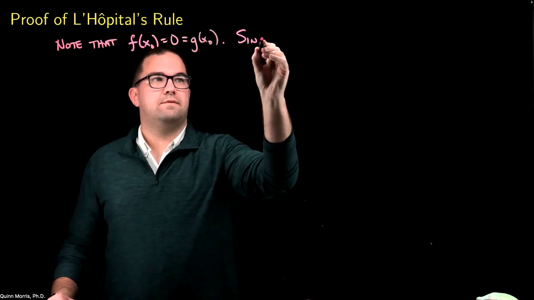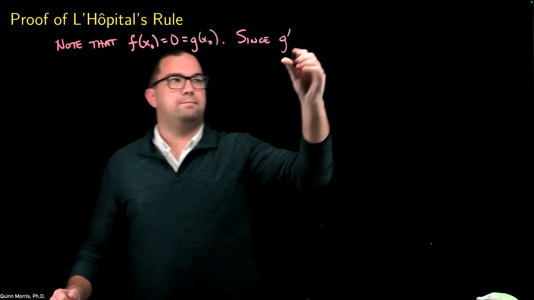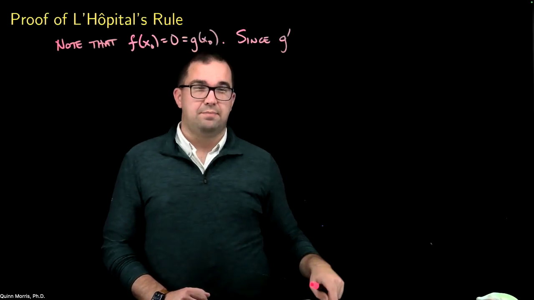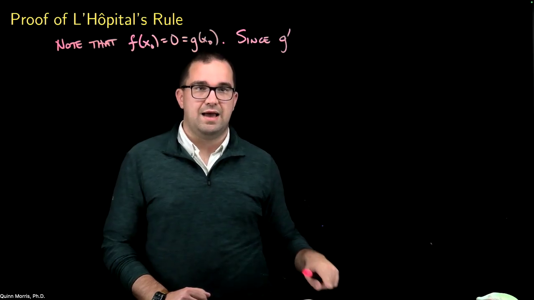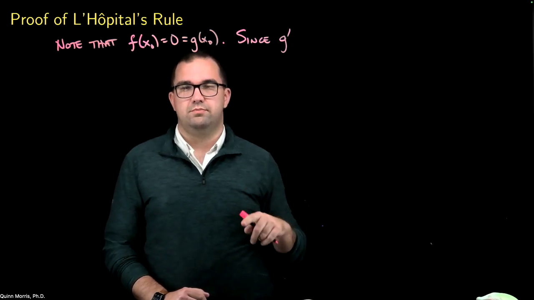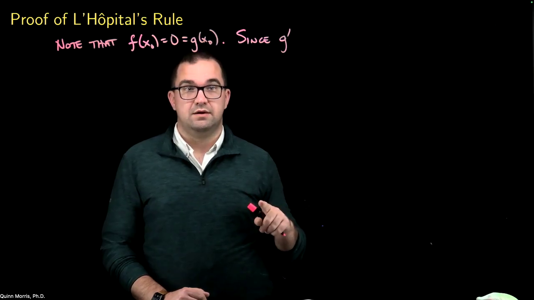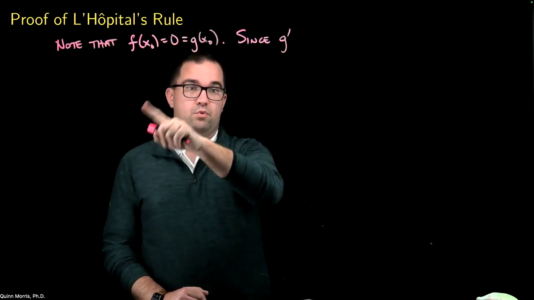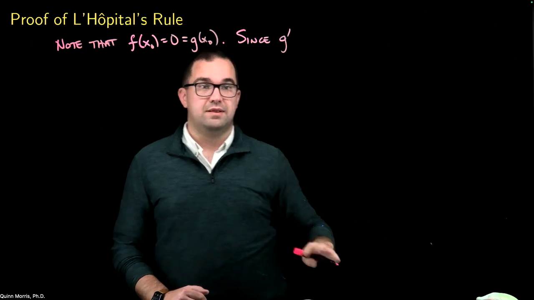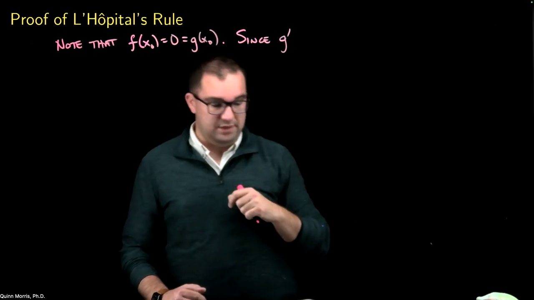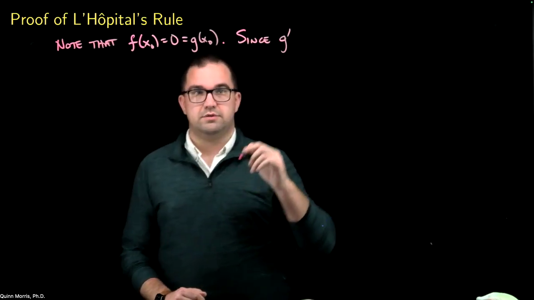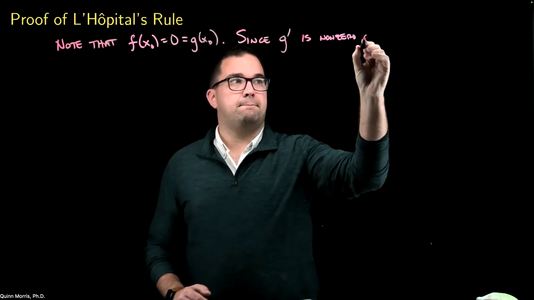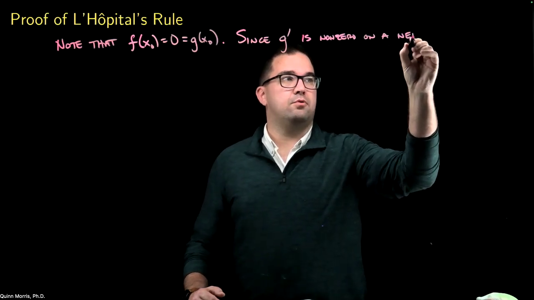Now, since g prime, and let me emphasize, in the statement of the theorem, there's actually a typo in the book. The book says that you want to assume the function g is non-zero in a neighborhood of x naught. That should be g prime. In the one I put up here on the screen, it's correct, but in the book there is a typo. It should be g prime is non-zero on a neighborhood of x naught. So since g prime is non-zero on a neighborhood